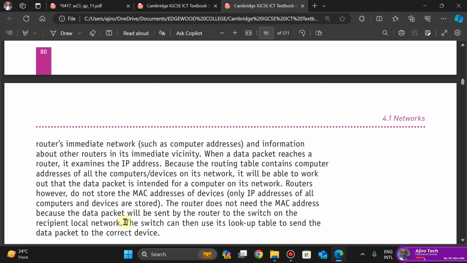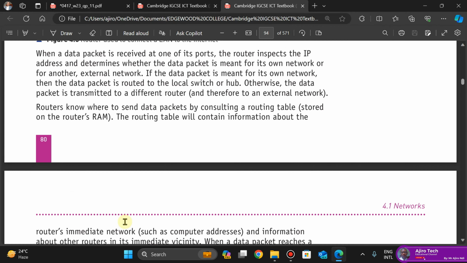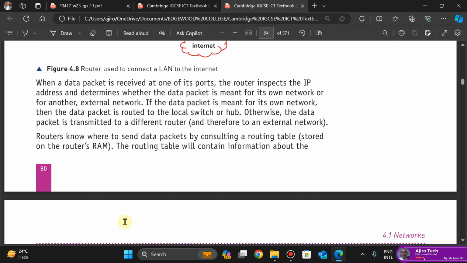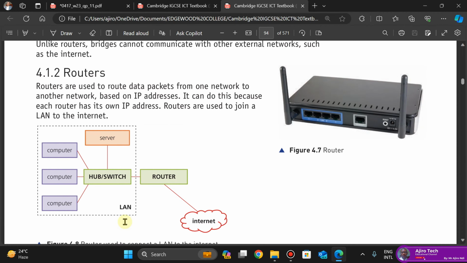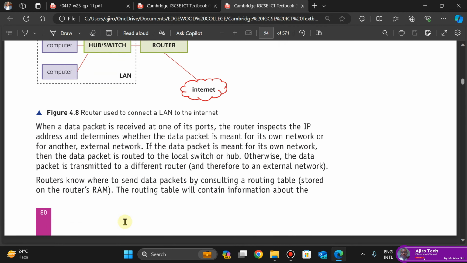I think I saw that somewhere here. I want to show you where you find it. Okay, look at it. Now, if you read this, they say when the data packet is at one